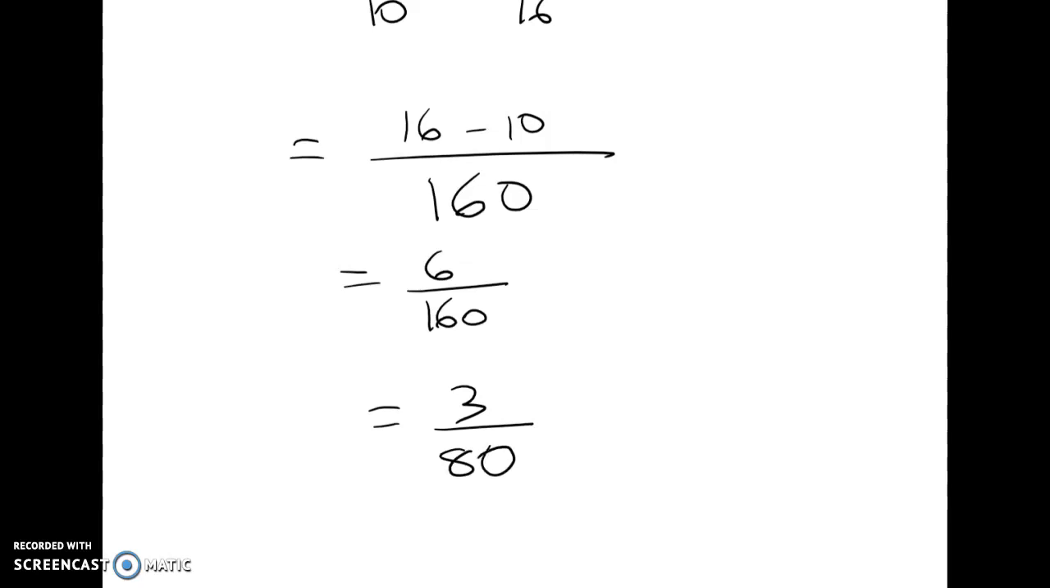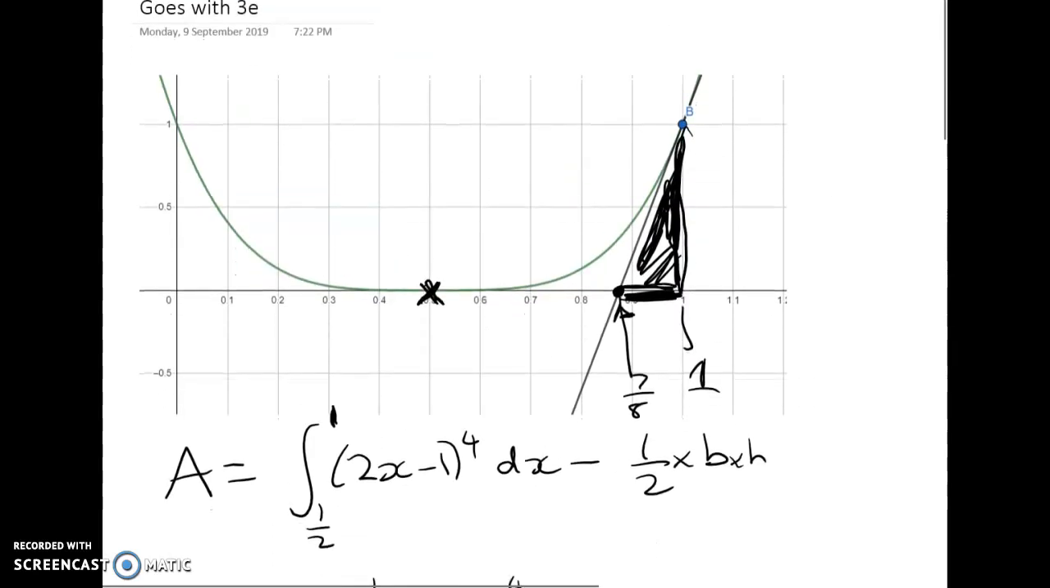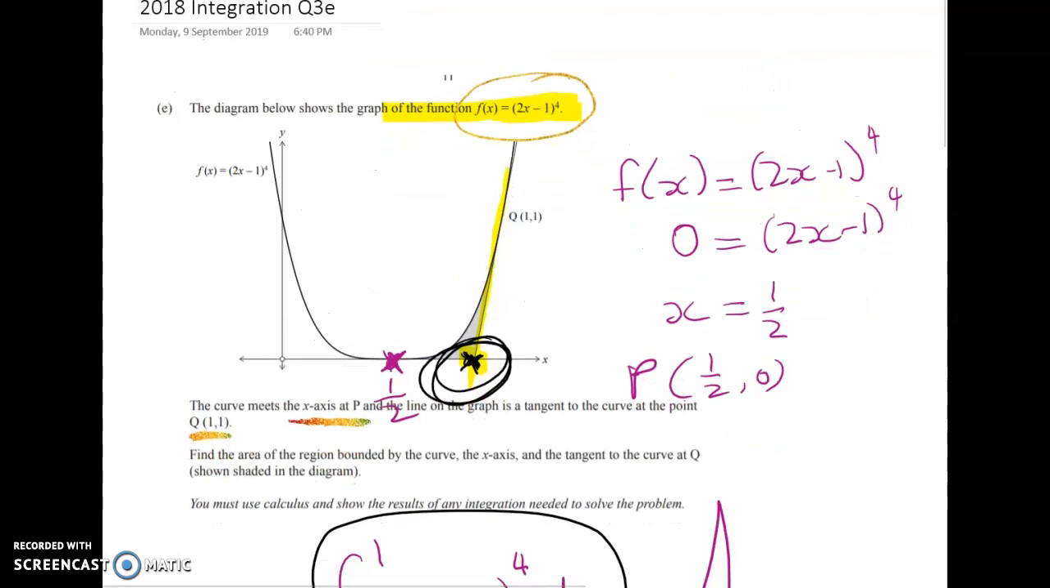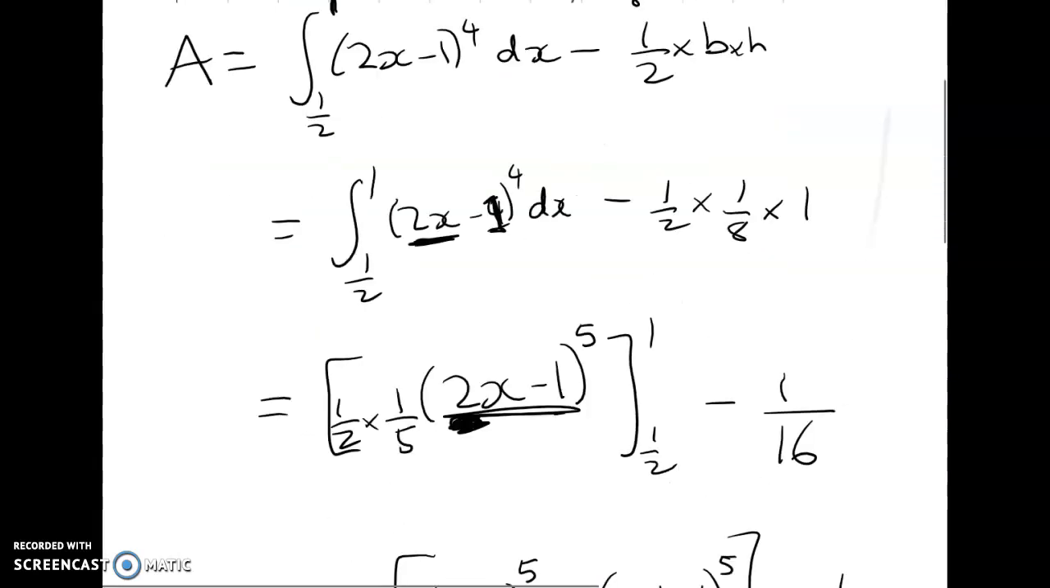Now, when we've got a question like this, it's really important we go right back to the start and check that we have actually answered what they're looking for. So let's go back to the question. Here it is here, right? We just had to find the area of the region bounded by the curve, the x-axis, and the tangent. So we're finished. So the final answer to that works out to be